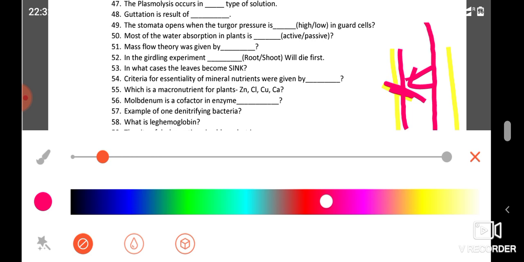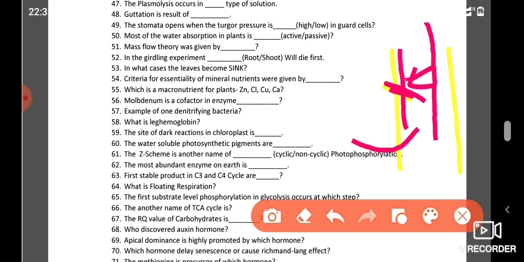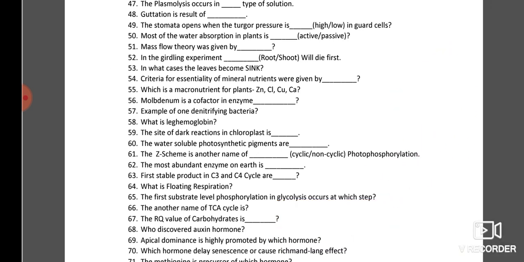There is no break in the xylem. The water will get absorbed and reach up to the leaves. Whenever the water reaches the leaves, and the leaves are getting carbon dioxide from the environment, the leaves prepare food. That food is not reaching the roots because there is a break in the phloem. So the root will die first, because the shoots are mature and are preparing food, as they are getting enough water since the xylem is not damaged. So the root will die first. It's a very important question, the 52nd.